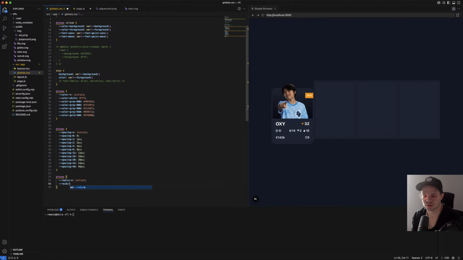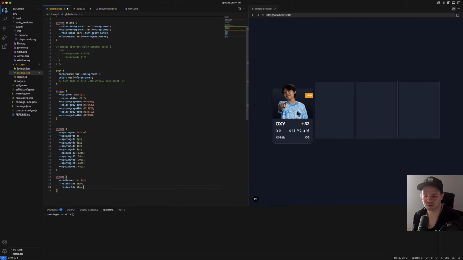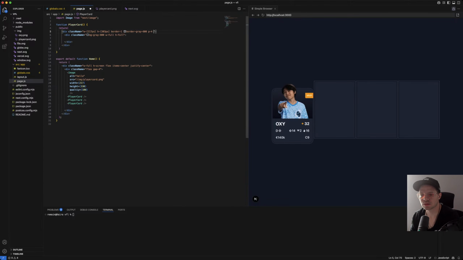radius 4, or what was it, 16 pixels, and then radius 20 pixels. Oh, and then in here, it's actually called rounded. So